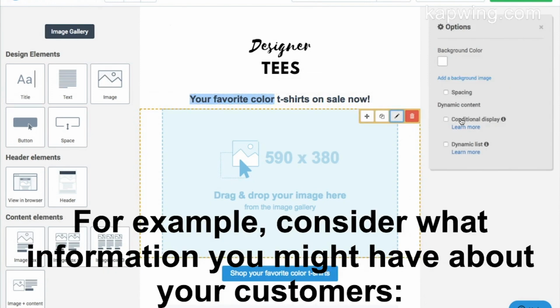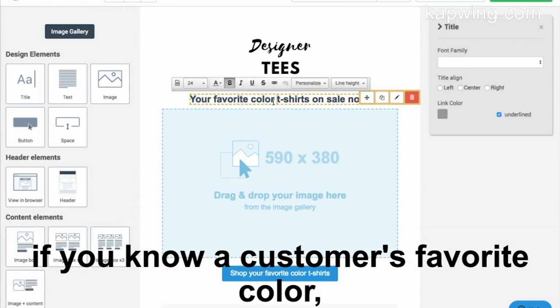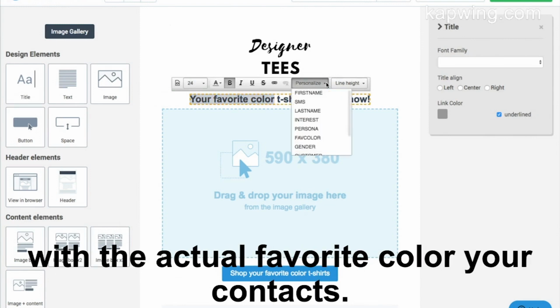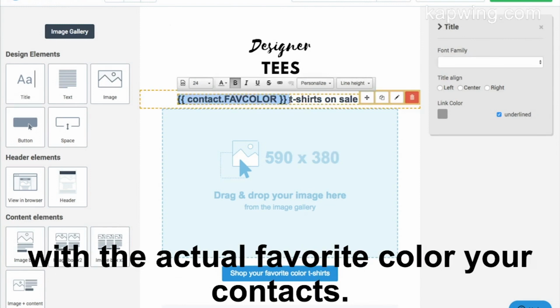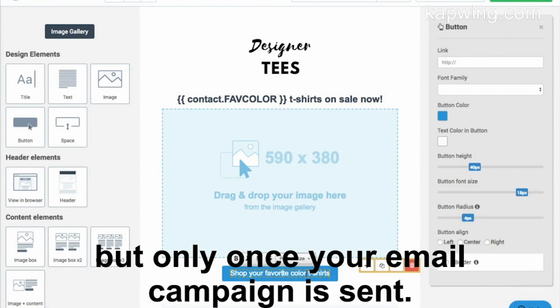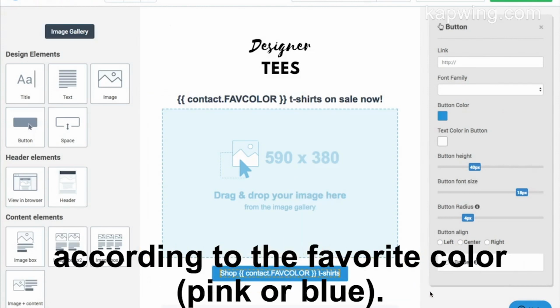For example, consider what information you might have about your customers. If you know a customer's favorite color, you can replace the text "your favorite color" with the actual favorite color of your contacts. The text will be dynamically adapted according to each customer's individual attribute, but only once your email campaign is sent. Let's continue with this example by also customizing the image according to the favorite color, pink or